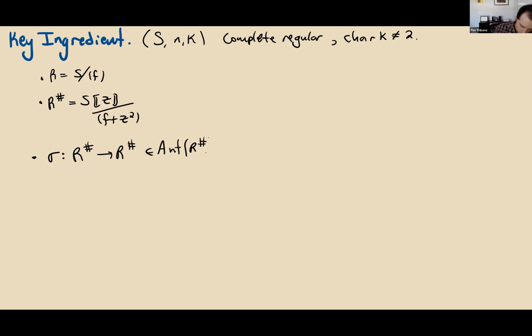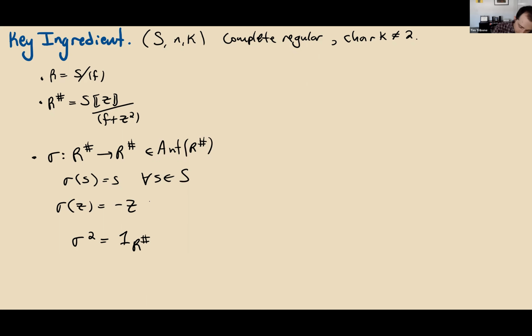Which does the following. It fixes S pointwise, and then it sends z to minus z. If you think about it a little bit, this thing has order 2. So if you compose it with itself twice, you'll get back to the identity. And what you can do from this, so this forms a group of order 2 acting